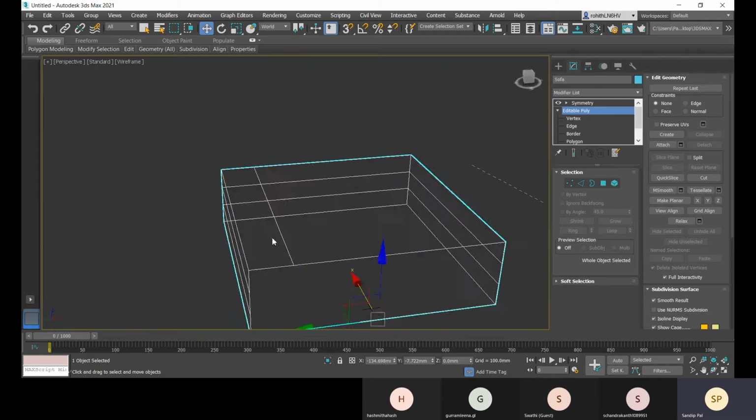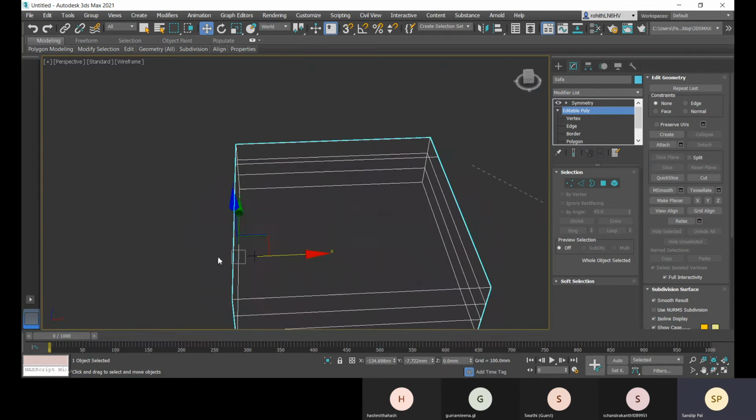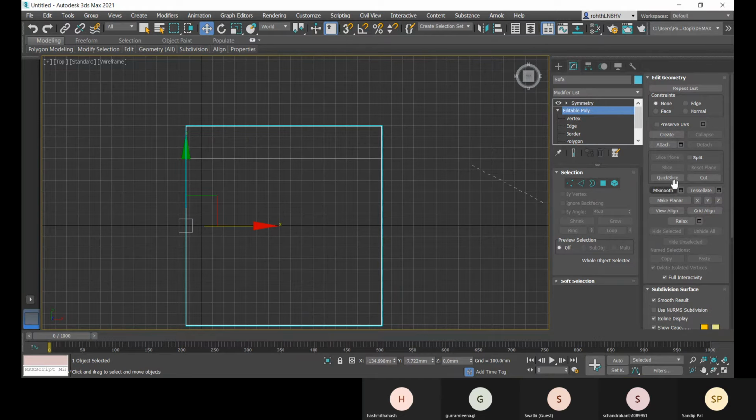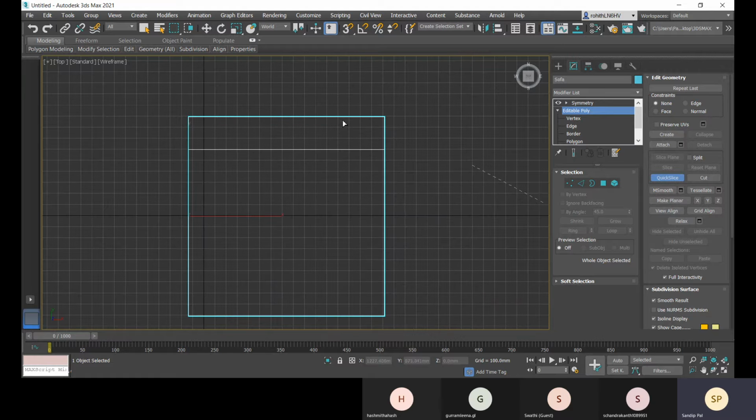There you see that I have just cut this surface only. Suppose I go for this quick slice, go for top again. Now if I go for this quick slice, this will make a slice for this element here.